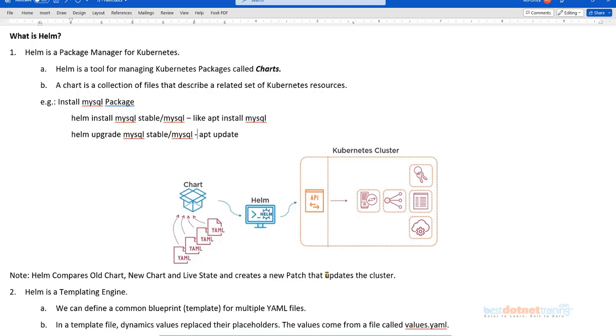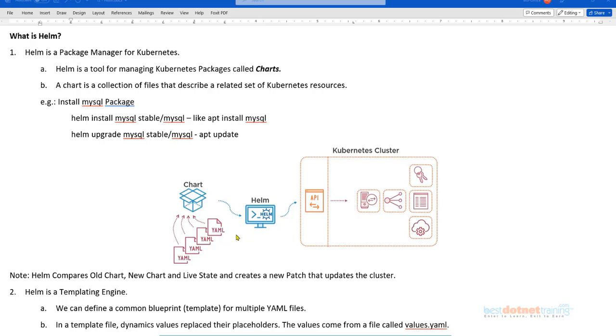Now, does that mean we are no longer going to use the Kubernetes client utility, what we popularly call kubectl? Does that mean we are not using it, or that we are eliminating the requirement for it? What do you say, guys? So when we use Helm, we don't have to directly use the kubectl command at all. Basically the Kubernetes CLI is bypassed, in the sense that we are not using it.